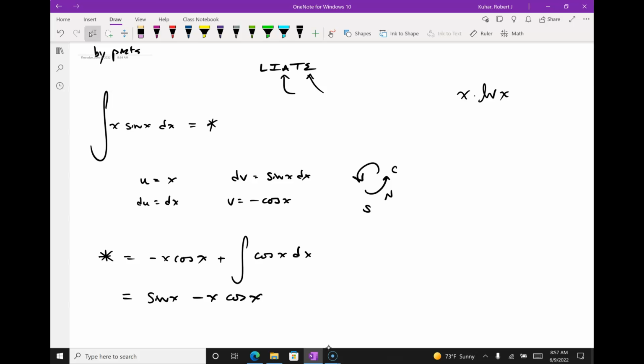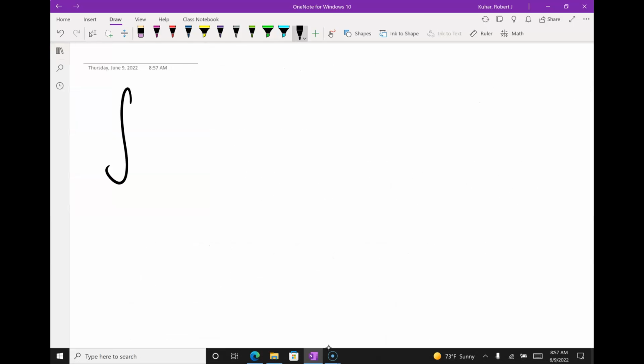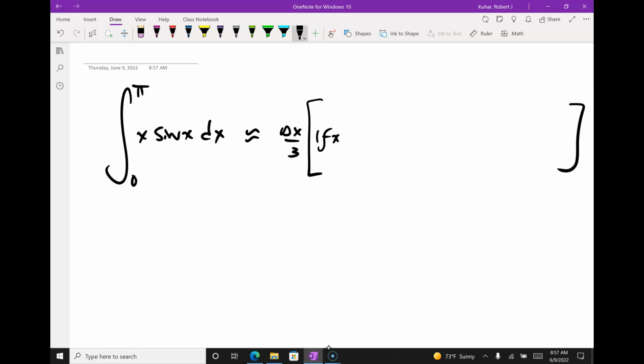Okay, now Simpson's rule, right? So we're doing the integral from 0 to pi of x sine x dx with Simpson's rule. And I've got it down on my formula sheet, right? It's delta x over 3, am I right? Anybody have it on their formula sheet already? Yeah. Delta x over 3, I need 1 times f of x sub 0 plus, and then I'm going 4